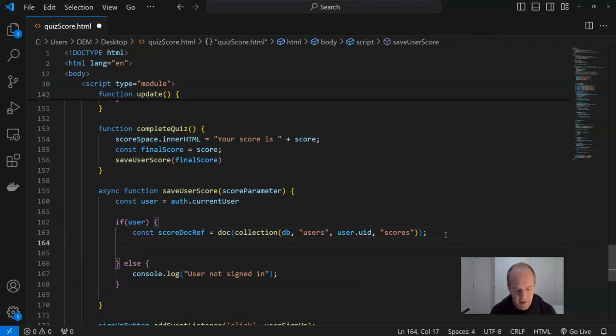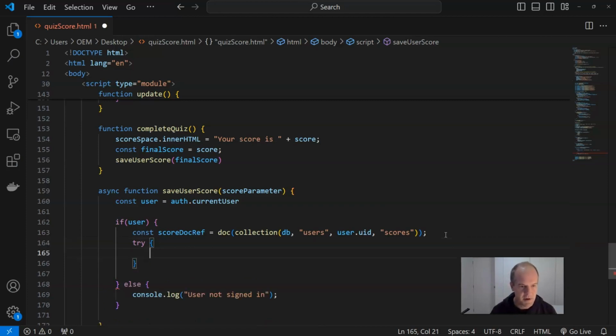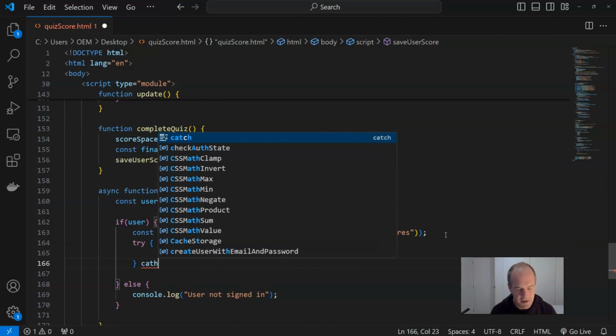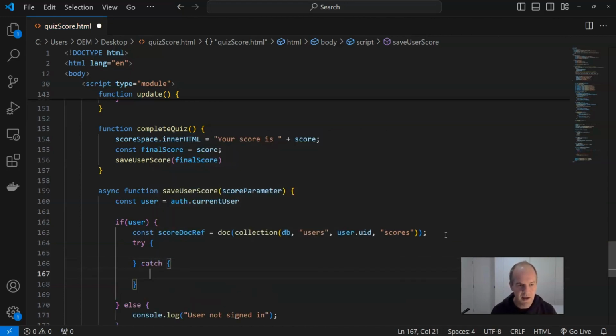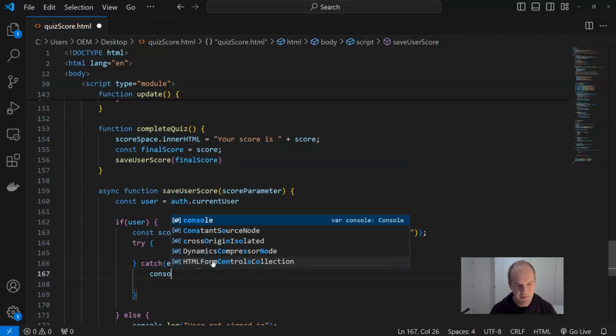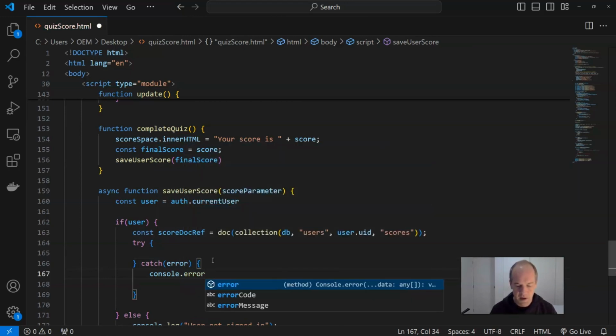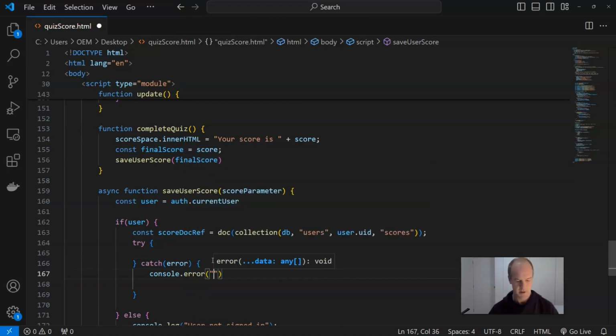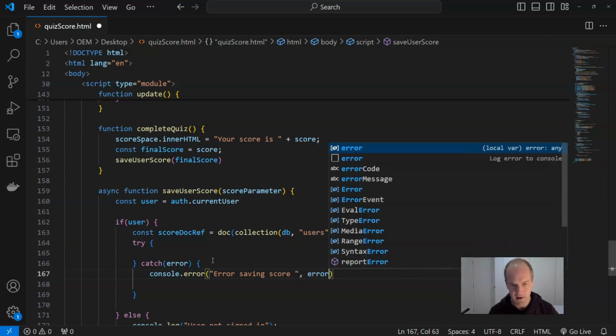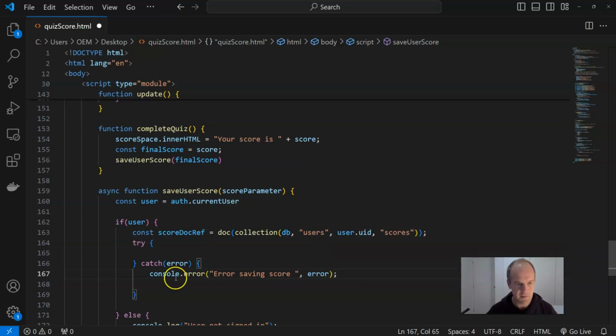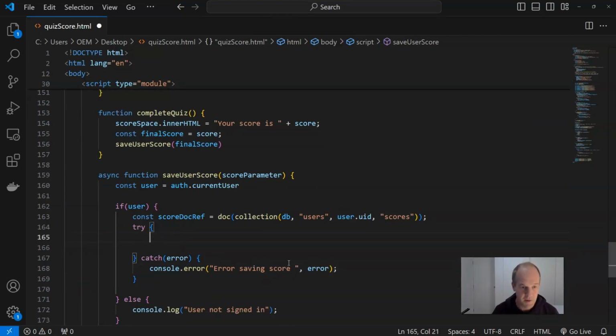And now that I've set that up, I'm going to do a try catch situation. So I'll try some sort of code, and if that doesn't work, I'm going to catch any errors. If there's an error, then all I'll do is console.error, and we'll just say that there's been an error saving the score, and then just put whatever that error is. So we'll set that up for the error handling, and if the code does work though, which hopefully it does,